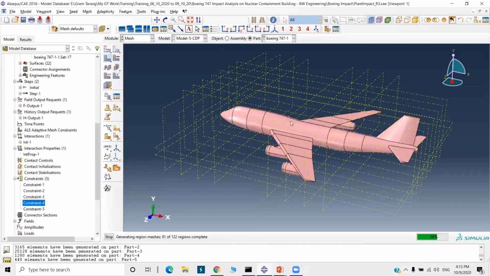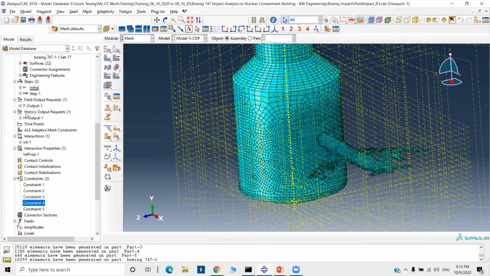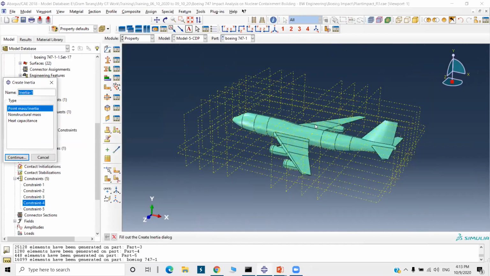Now one more step is there. So we have to apply the inertia for this aeroplane. Now I will go to property to apply the inertia. Go to property and go to special inertia and create it. Inertia 1 point and mass inertia. So first I will apply inertia for this.